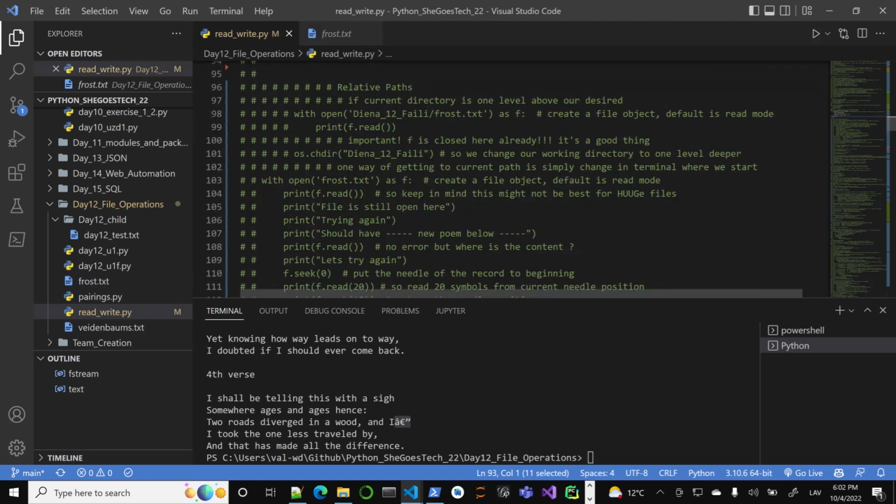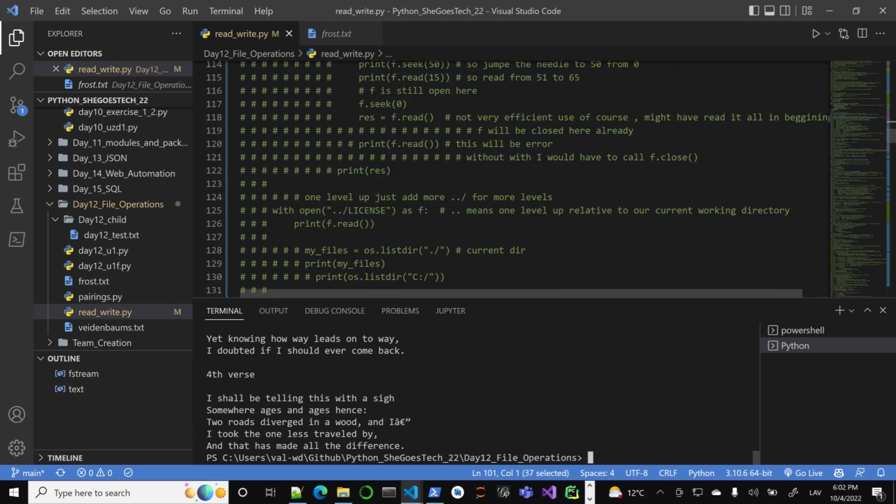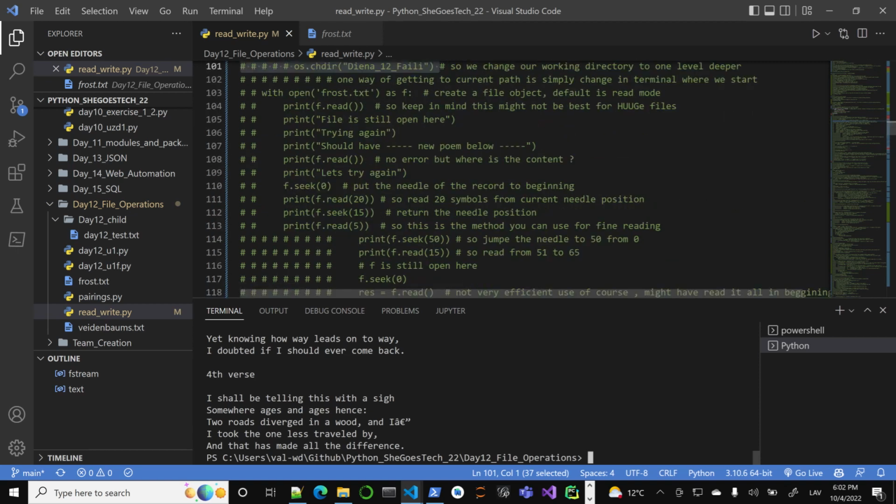By the way, you can change directory also like this. If I was actually here and went back, you can change directories also using Python. Let's move on to that. And again, you should keep in mind that the